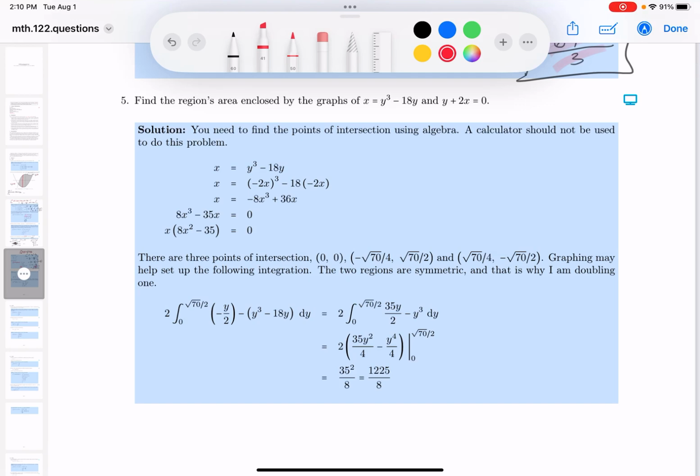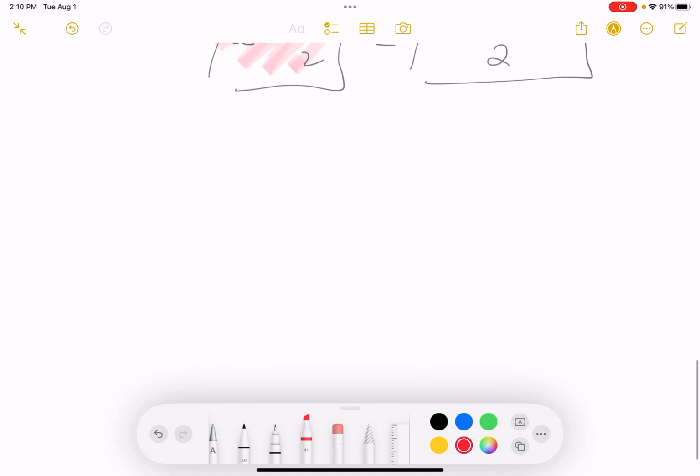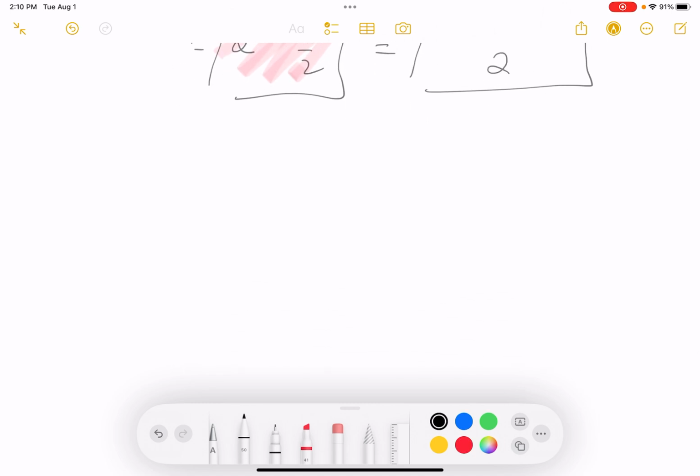Okay, number 5, find the area of the region enclosed by these graphs over here. I'm going to do the whiteboard and see if I can do it. All right, so let's go to the whiteboard. Whiteboard now. And I think you probably know by now what I'm going to do is try to visualize what